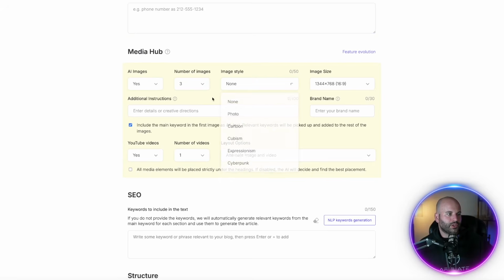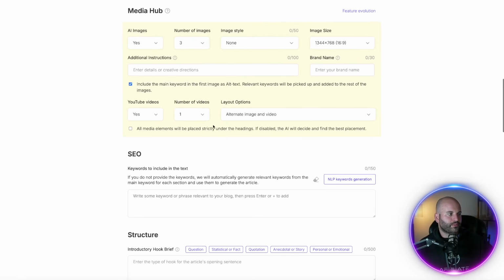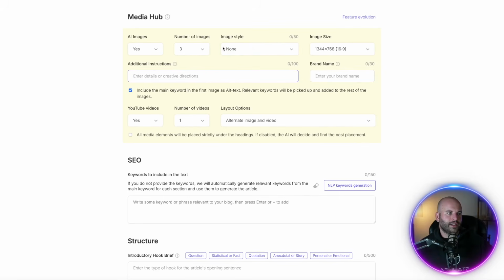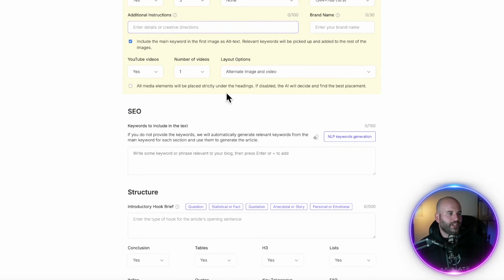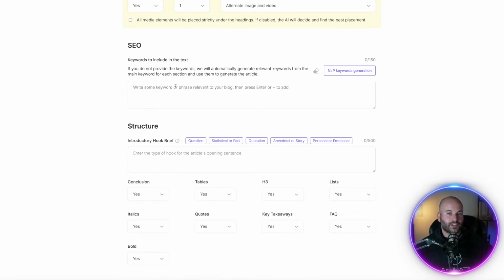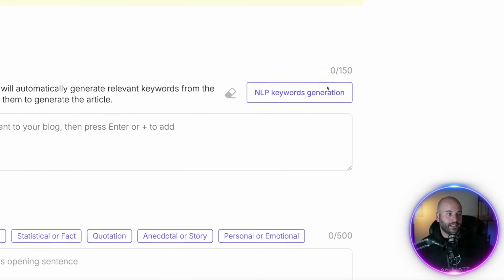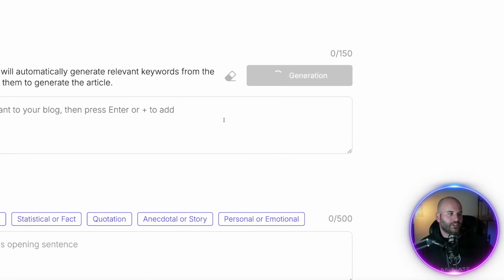Image style, you can choose. I'm just gonna leave it default. Include main keyword in the first image alt text. That is also for what you want. You can include a brand name here. And then additional instructions inside of your actual images here, okay? Pull in a YouTube video, yes. SEO, this is also really important. It's gonna include NLP keywords, which are related keywords. I'm gonna click on generate, and